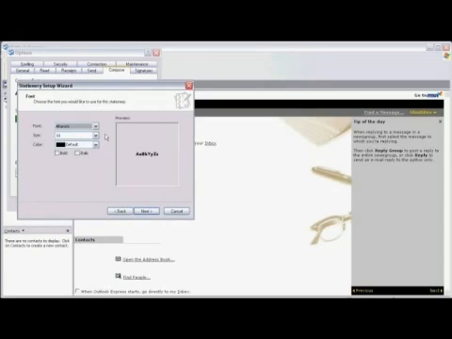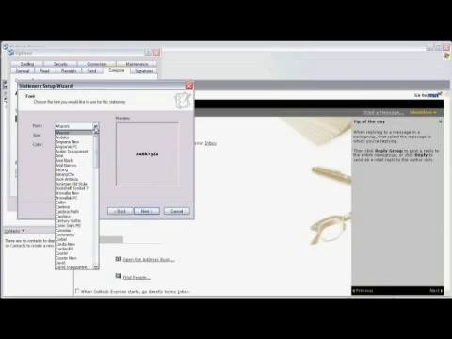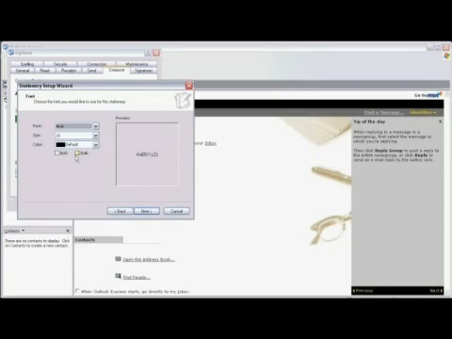Here we can alter the font. Again, by clicking on the down arrows, you can simply select the font that you choose, the font size that you would like, and the font color that you would like. We can also make the font bold and or italic simply by clicking in the boxes next to those words. Now we click Next,